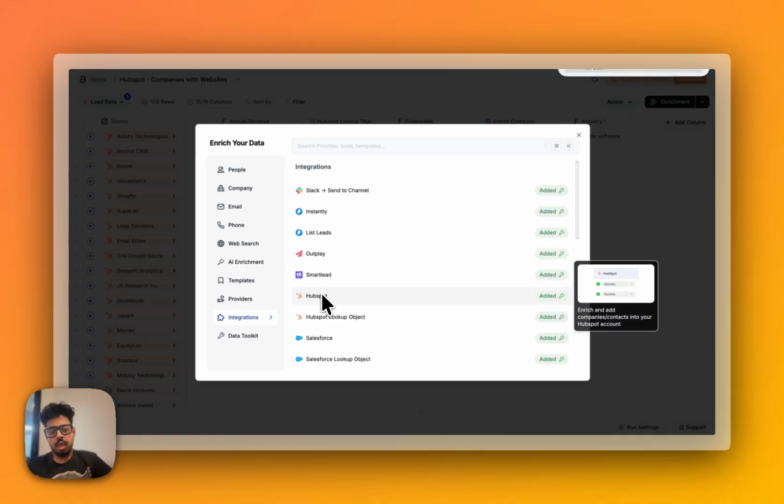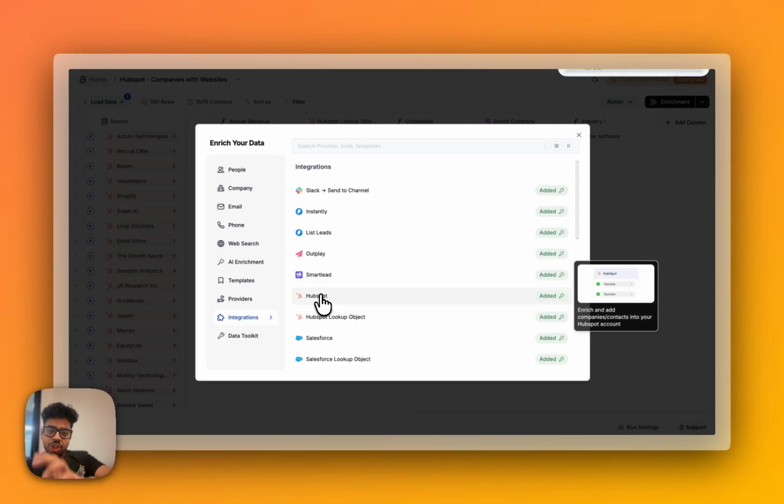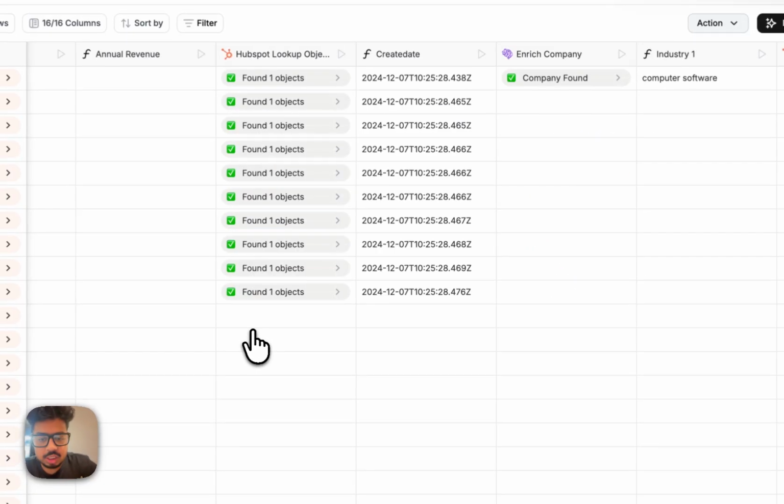So basically, this enrichment allows you to look up your HubSpot, find out data points that you might have missed or is related to a different object type. And this enrichment allows you to push data or update data to HubSpot, right? So we'll just click on that,